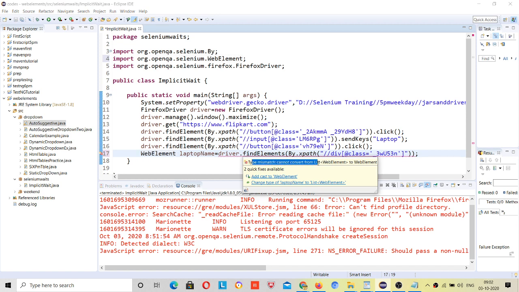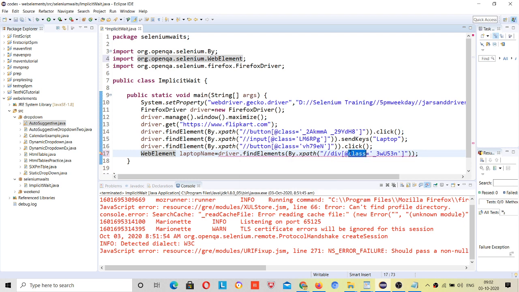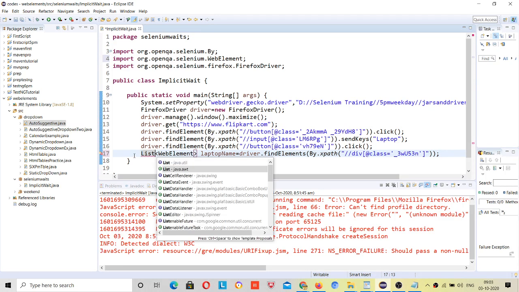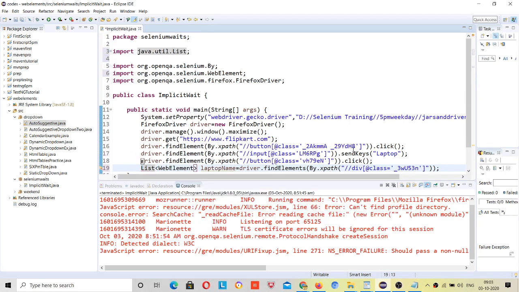Type mismatch: cannot convert List<WebElement> to WebElement, just because it's returning a list, right? So what is better than just getting the number of web elements in a list. Okay. Now Ctrl+Space and import the java.util package for List.